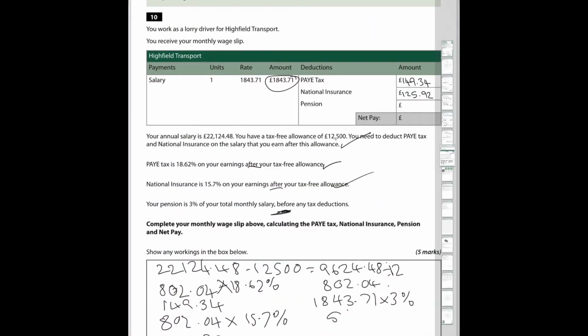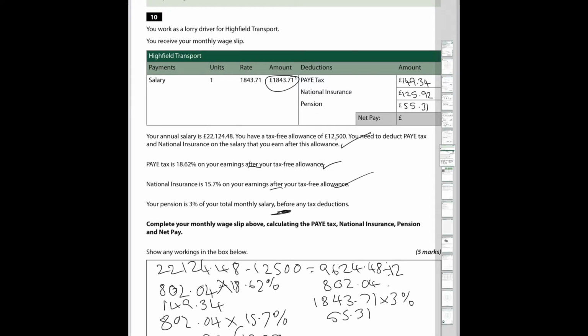It's 55.31. And that goes in here, 55.31. Now all we need to do is take all three of these things off the original number to get the net pay. So we do